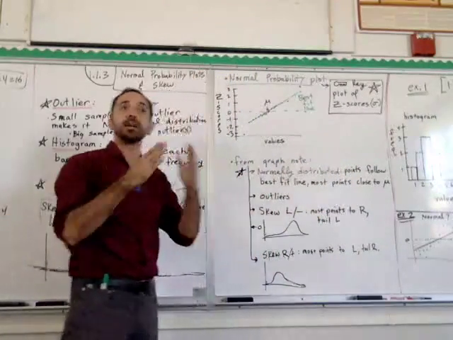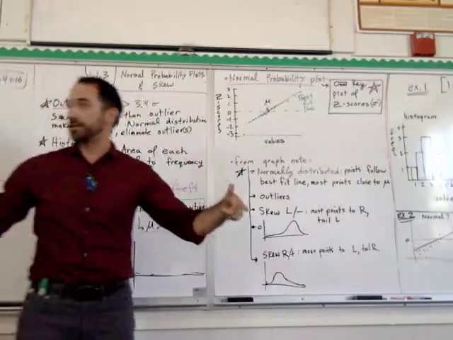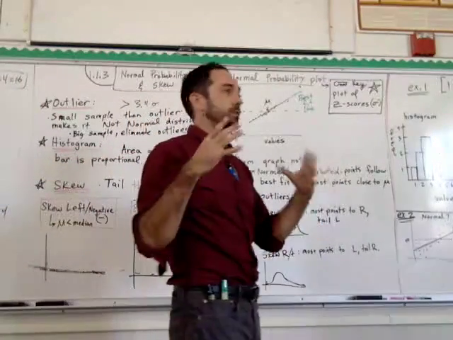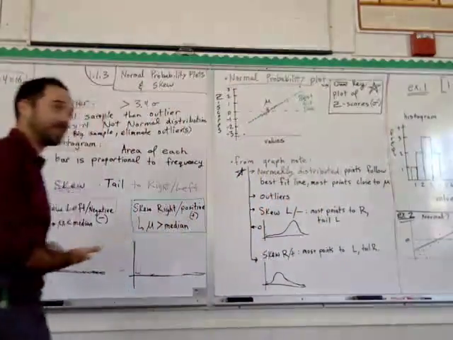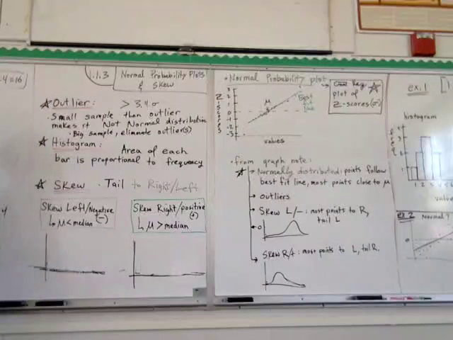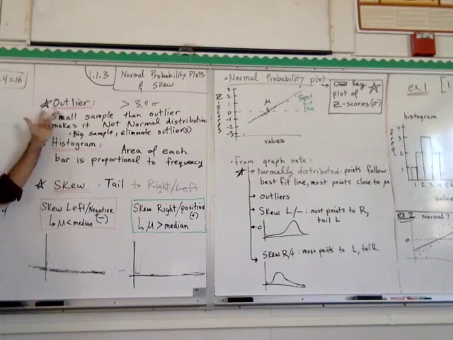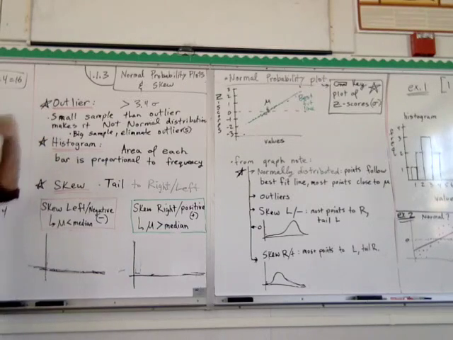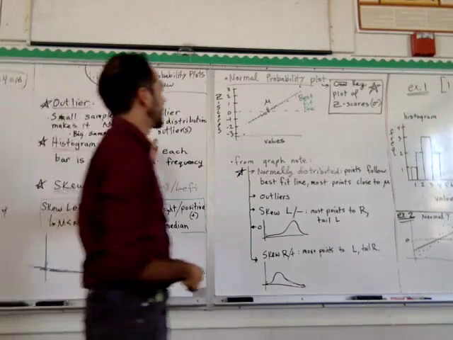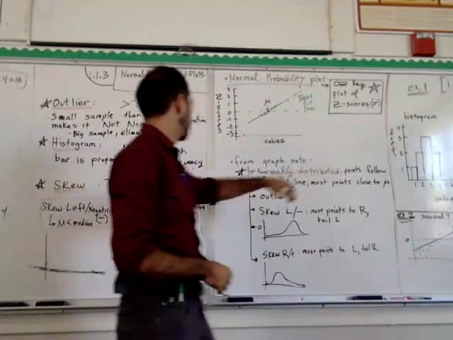You see how if there's a huge sample size, those outliers don't make much of a difference. If there's only 4, like this one here, then it does make a huge difference. So you have to be careful with that. Some of this is going to be a judgment call with outliers. Just look to see what you're paying attention to, and we'll visit that again when we do example 1 over